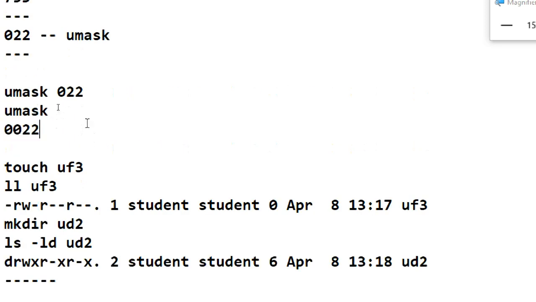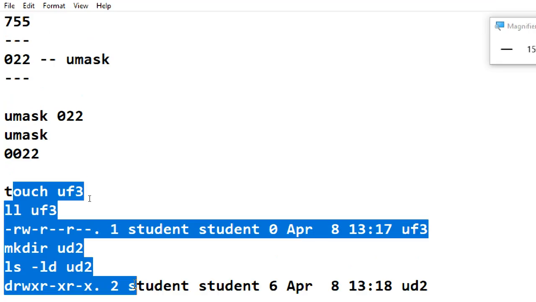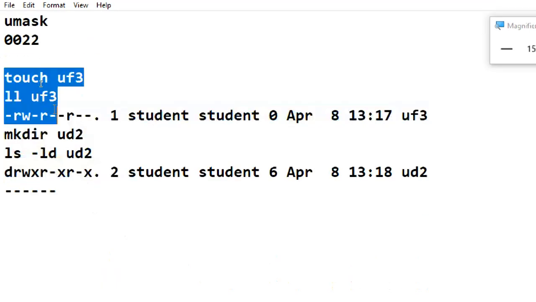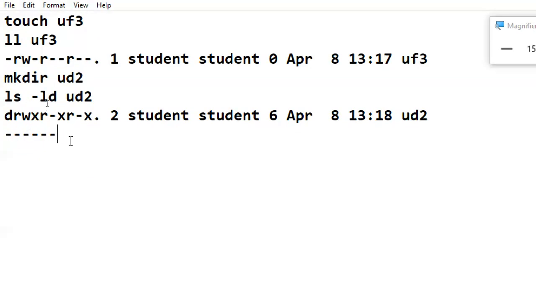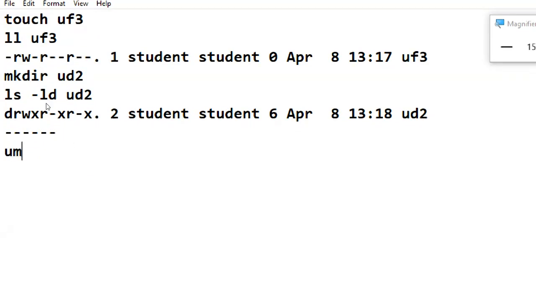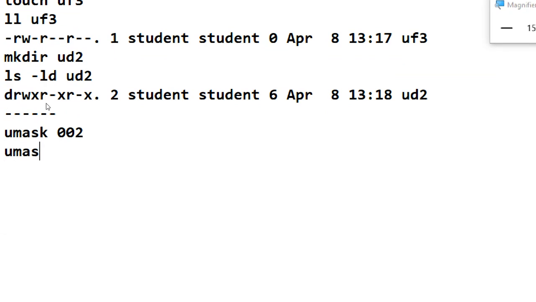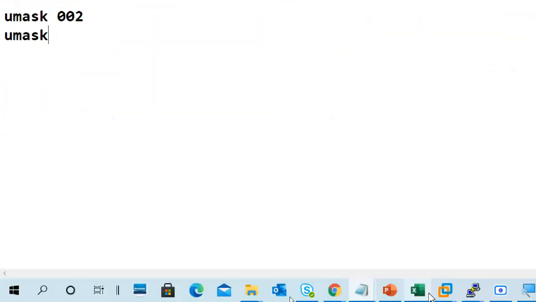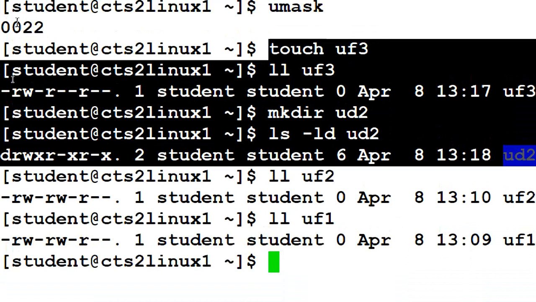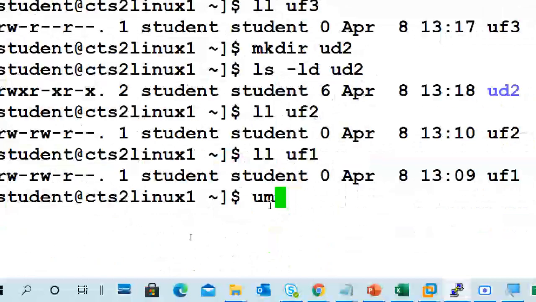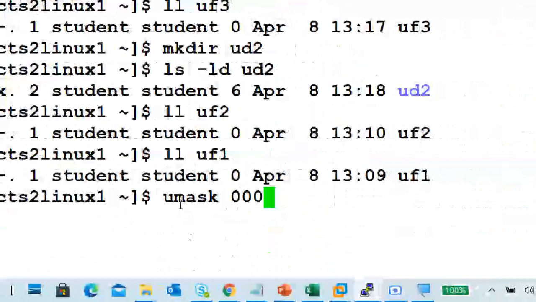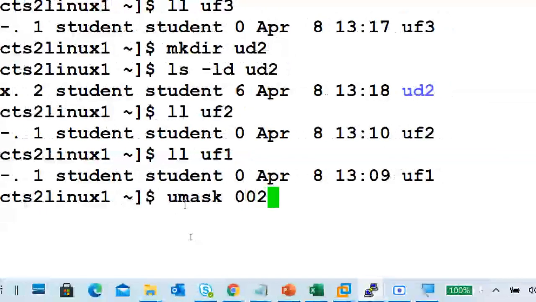When you change the umask value to something and try to create files and verify things, then what to do? Reset the umask value to the old 0002 and verify. So my umask value previously is 0002, right? Now I'm changing back to that. If you don't change it, what will happen? Nothing, no problem.